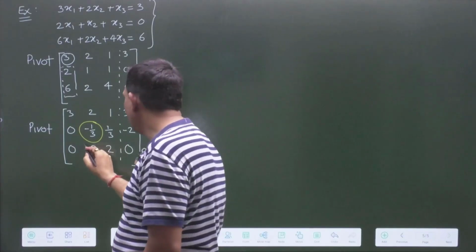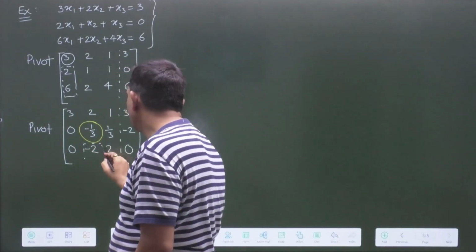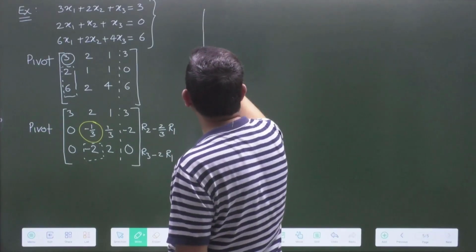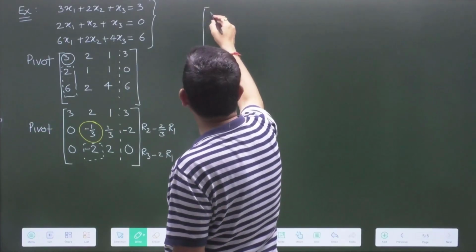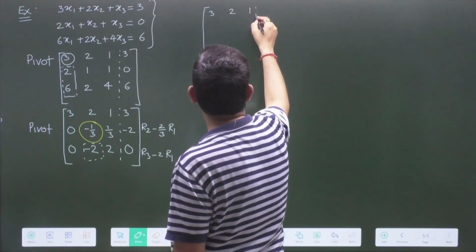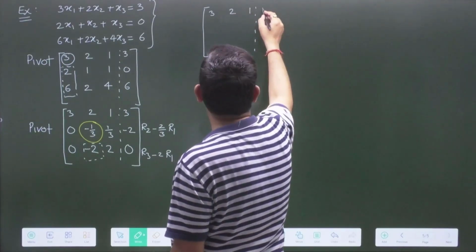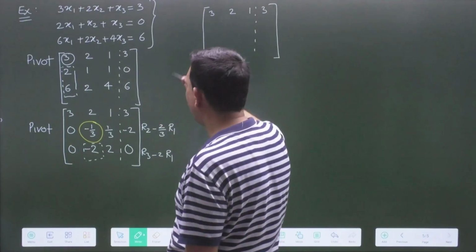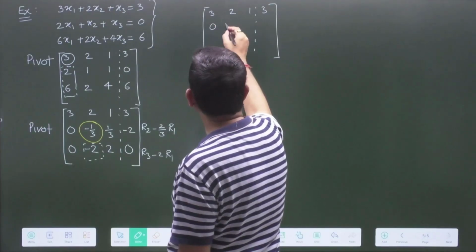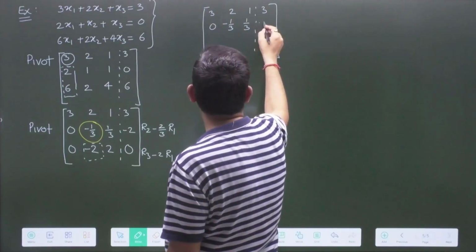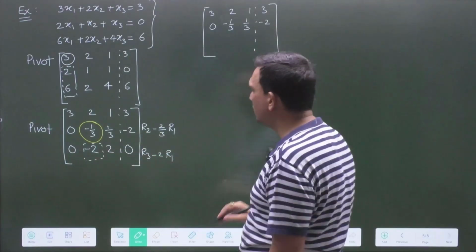You want this to be 0. So this will be 3, 2, 1, and this is 3. You have 0, minus 1 by 3, 1 by 3 minus 2, and this will be